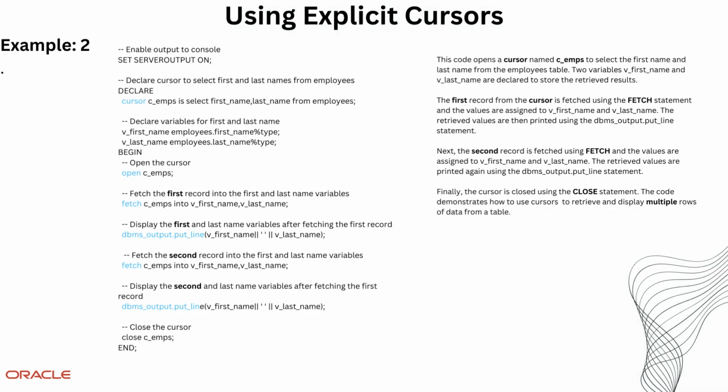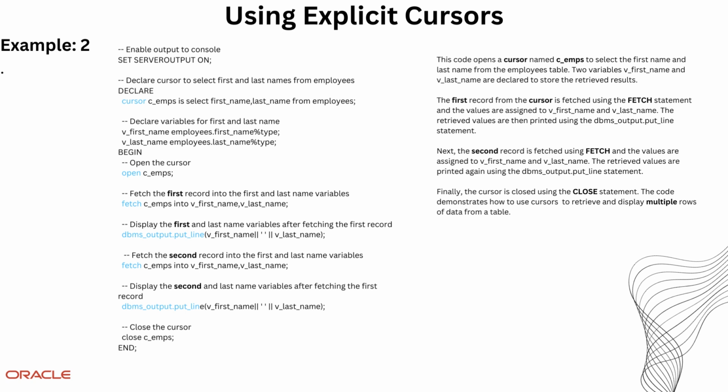This code opens a cursor named c_emps to select the first name and last name from the employees table. Two variables v_first_name and v_last_name are declared to store the retrieved results. The first record from the cursor is fetched using the fetch statement and the values are assigned to v_first_name and v_last_name. The retrieved values are then printed using the